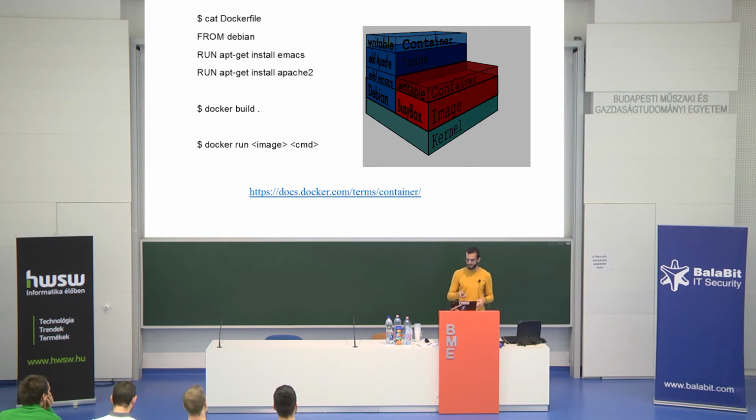Now, to illustrate that on an image, let's say you start building an image that is based on Debian. I would really recommend using some Red Hat branded distro like Fedora or Red Hat Enterprise Linux, but unfortunately I only found a picture with Debian, so okay. This is what your Dockerfile may look like, and it can really be this simple.